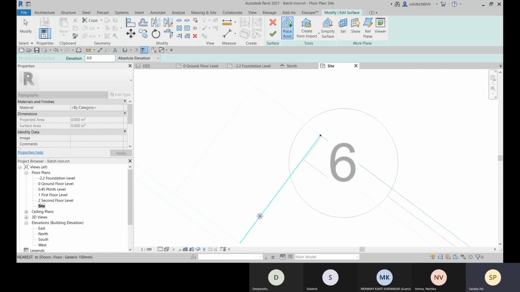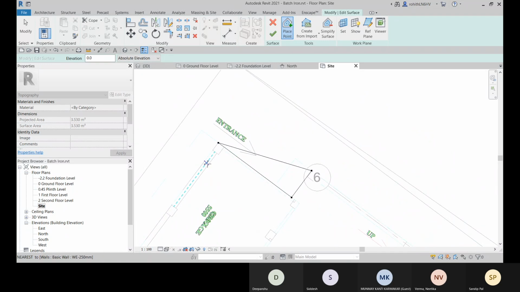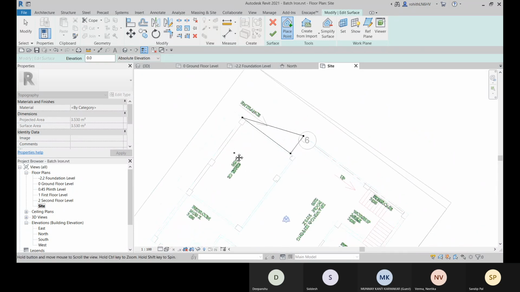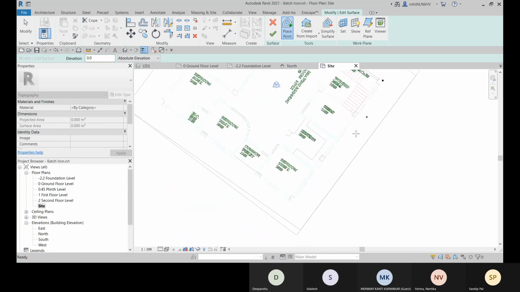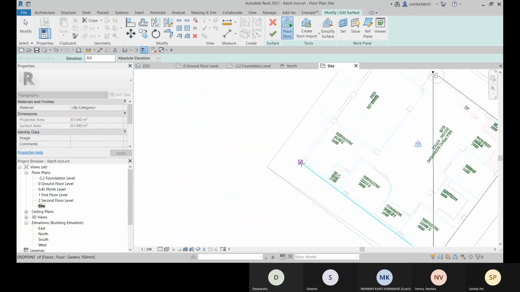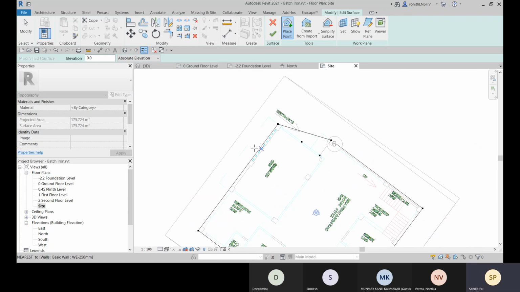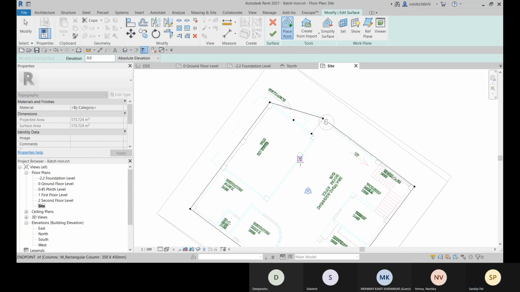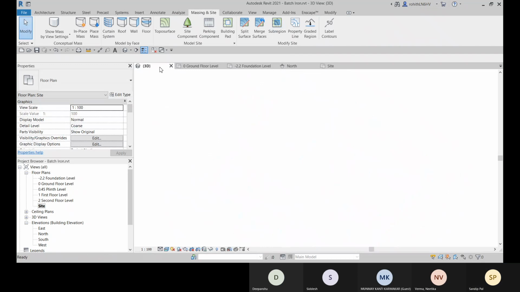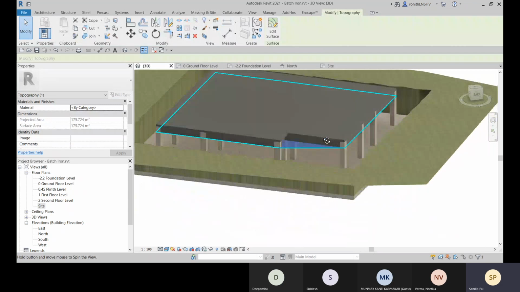Let me start from this point. So that would be better. Okay, so it's taking that. Okay, so let's go with that. Let me show you. And this is the topo surface which is created.